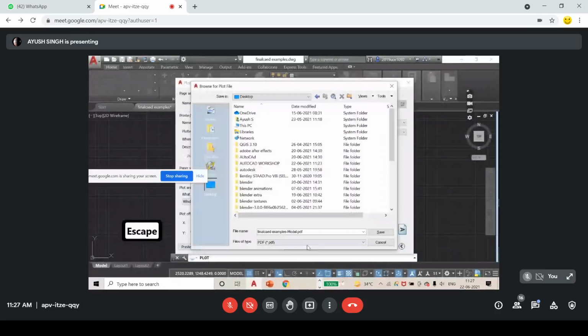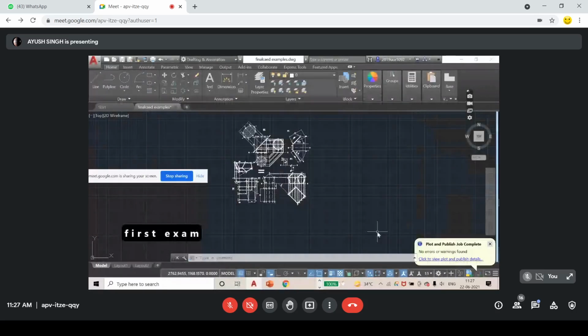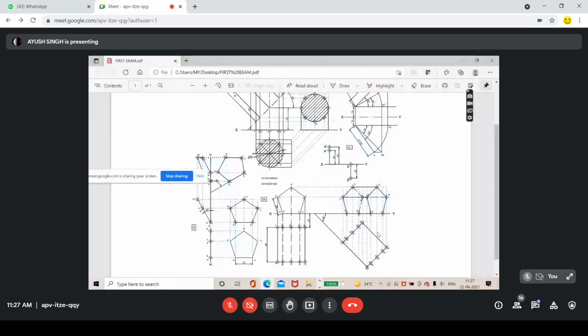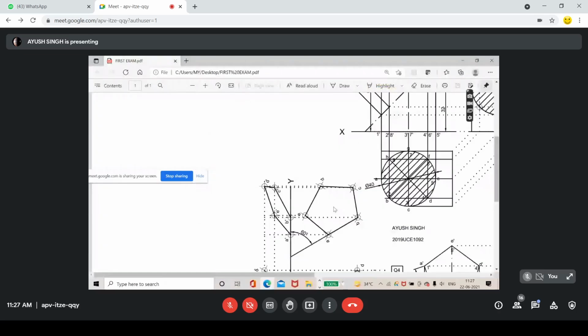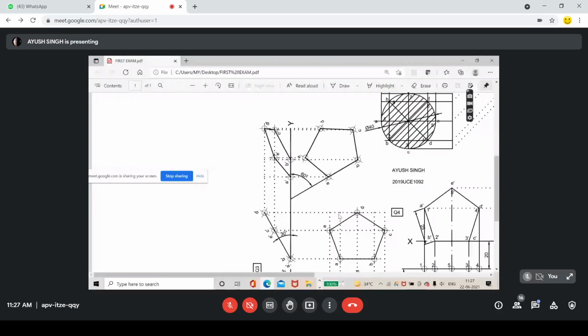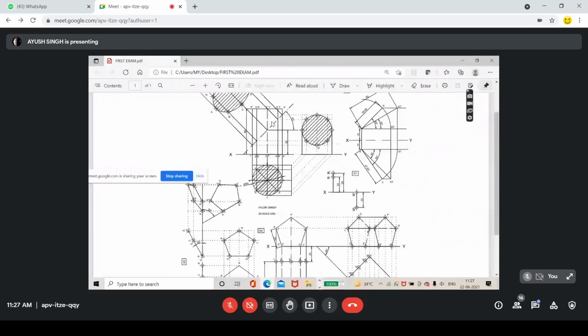This is my first exam. Okay, it opens. See, it is clean. Okay, when it prints, it is also clean. Okay, don't worry about it. See, every question is there, and you will get full marks, 50 out of 50. Done. So this was CAD, guys.